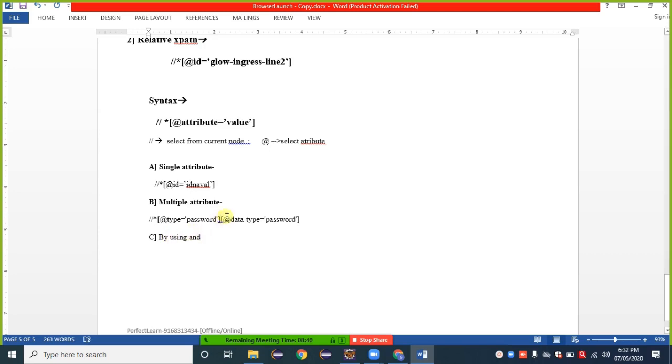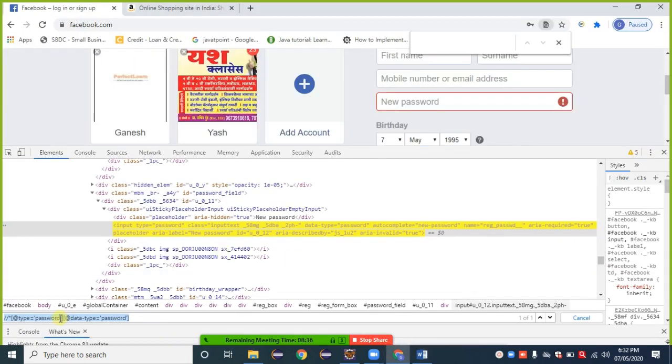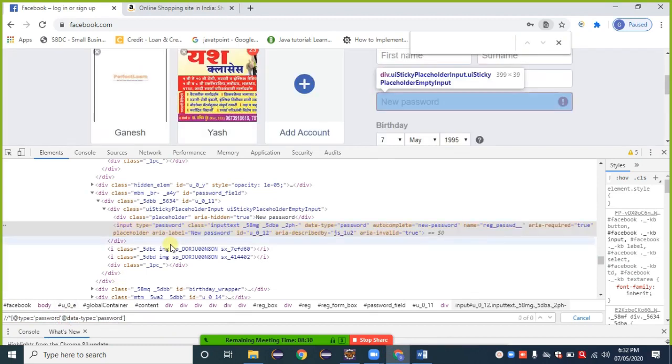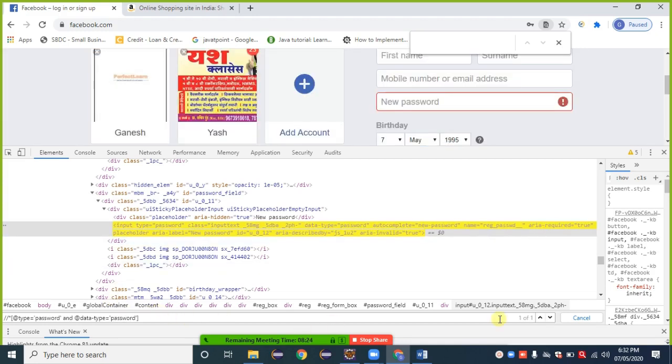Instead of this one I can go with AND. Observe here, two attributes are given. Removing this closing and opening bracket, instead I am providing AND. Okay, the same thing happens, 1 of 1. Such a thing is called by using AND.